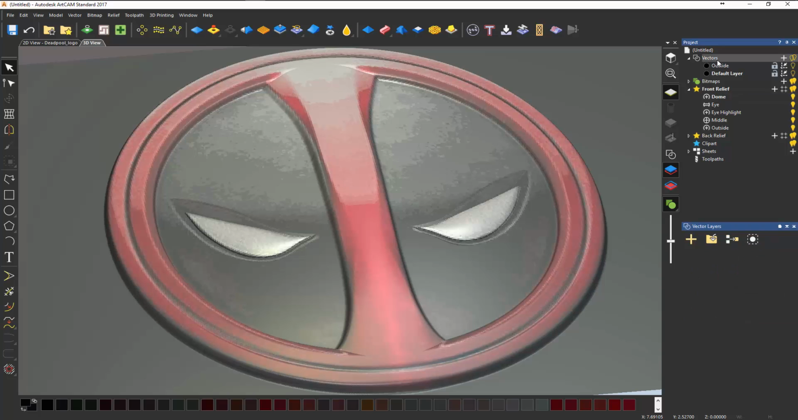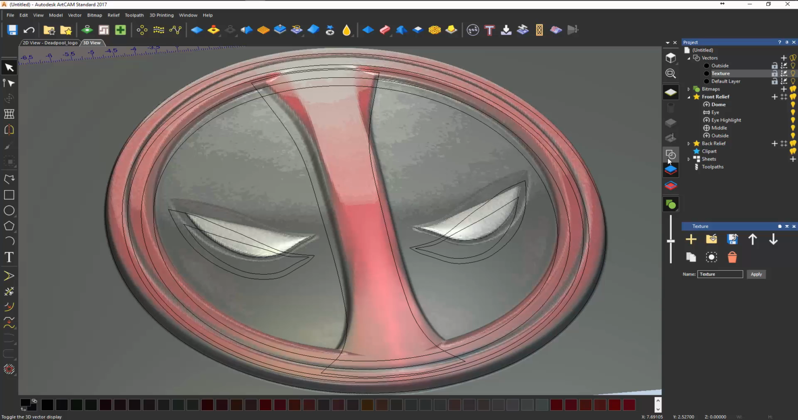So what I'm going to do is create a new vector layer. I'm going to call this texture. I'm going to turn my vectors on. And since I'm going to need this vector and these two eye highlight vectors,